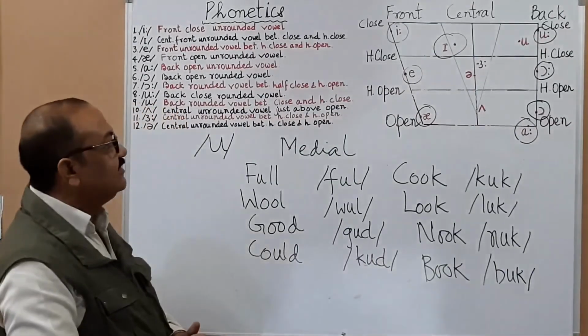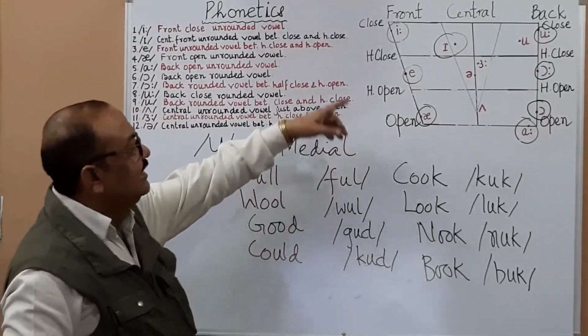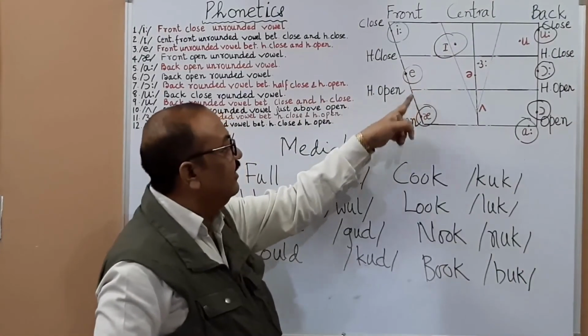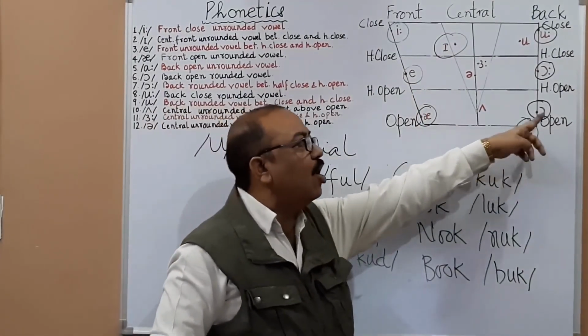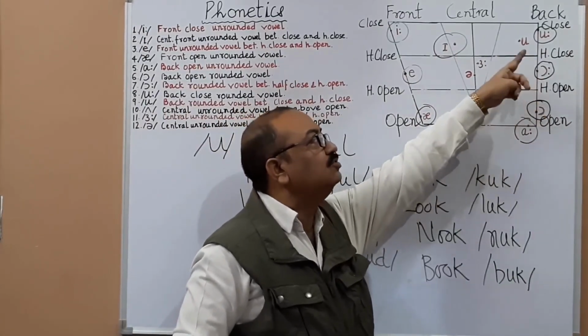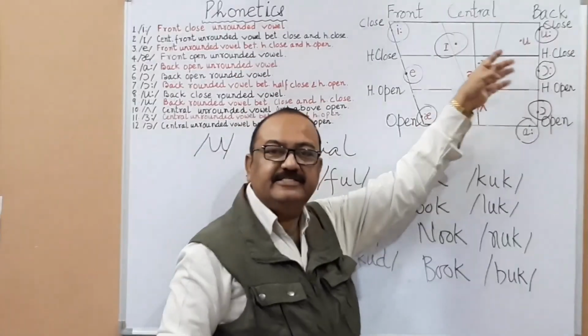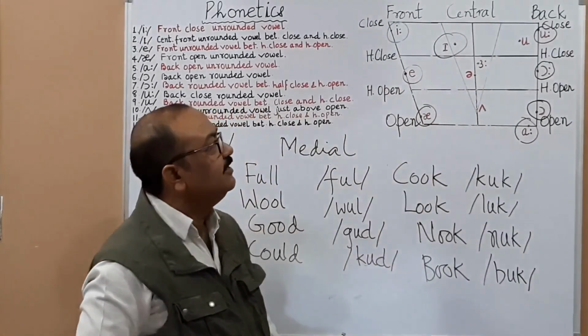So we have discussed the front vowels E, a. And back vowels a, o, u. These are the vowels that we have discussed. Now we